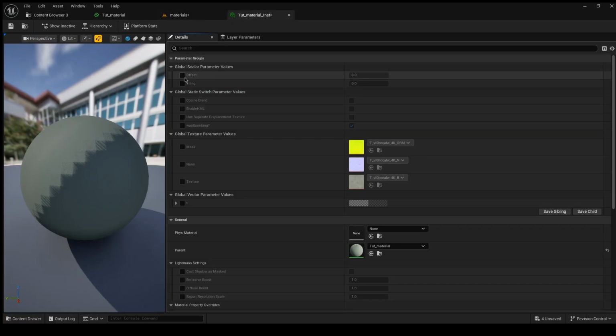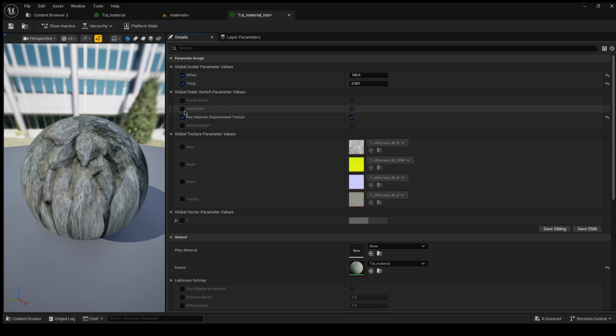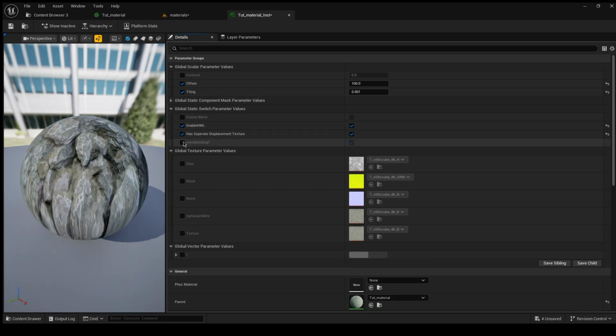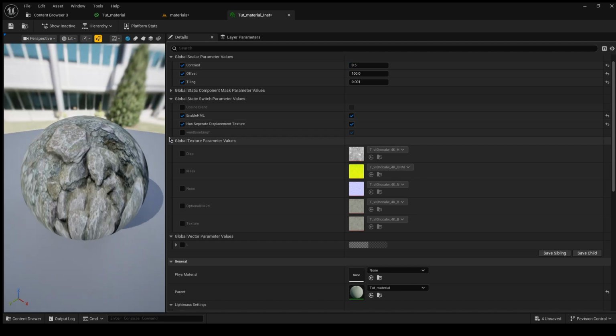Okay, now for offset and tiling, I'm going to give an offset of 100, and for tiling, I'm going to give the same value, 0.001. Okay, save, and has separate displacement texture. I'm going to enable this. Okay, and for enable HTML, I'm going to enable it and want contrast of 1. Okay, not 1, I'll keep it 0.5,